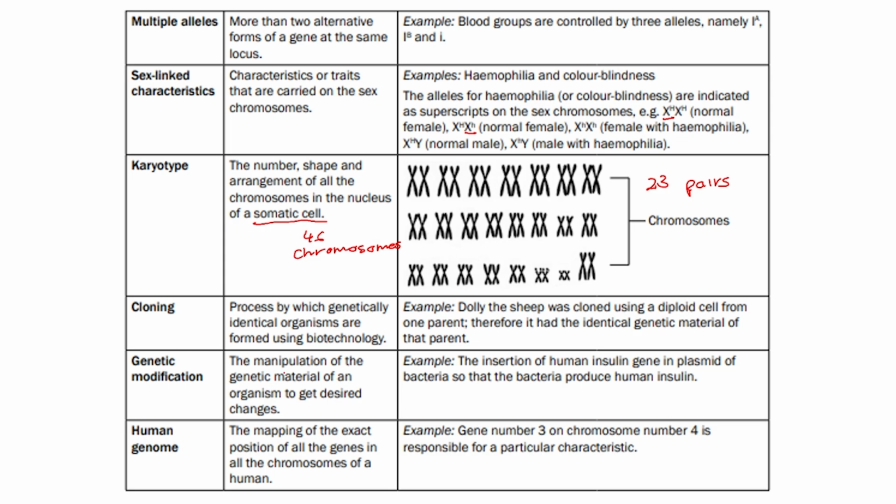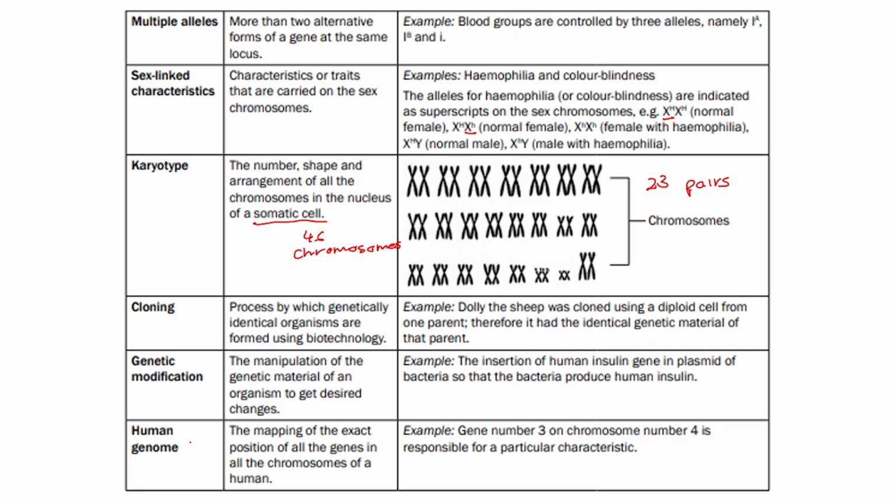Genetic modification. Genetic modification is the manipulation of the genetic material of an organism to get the desired changes. An example is the insertion of human insulin gene in a plasmid of bacteria so that bacteria produces the human insulin. Genetic modification is usually done by the insertion of a gene into a different individual organism or a different